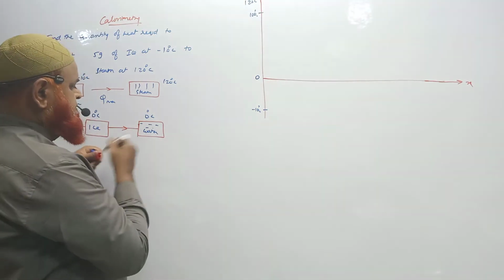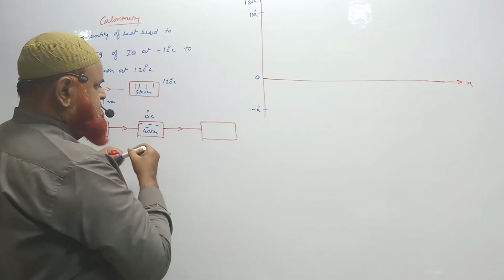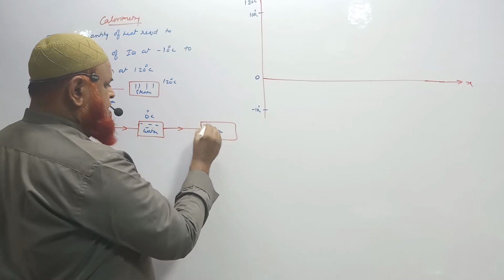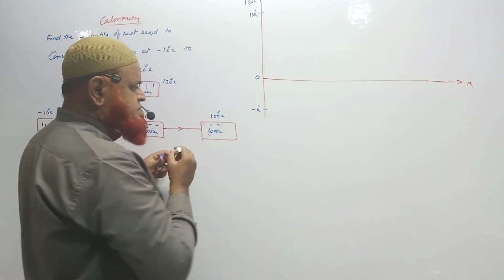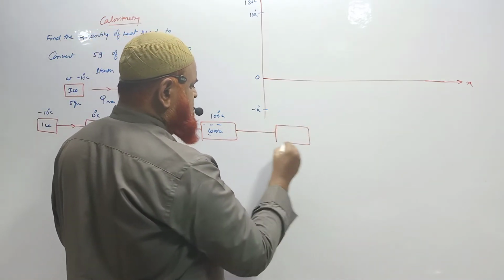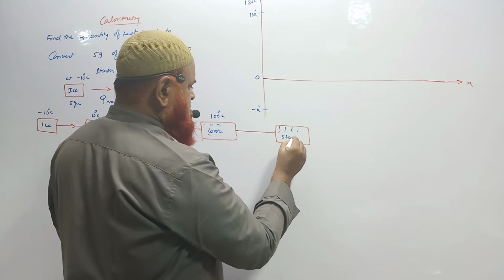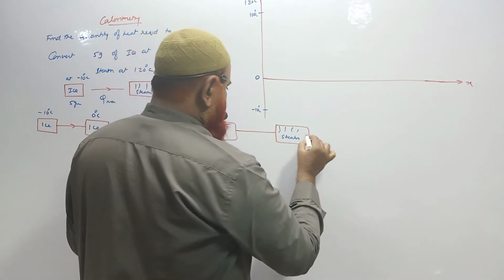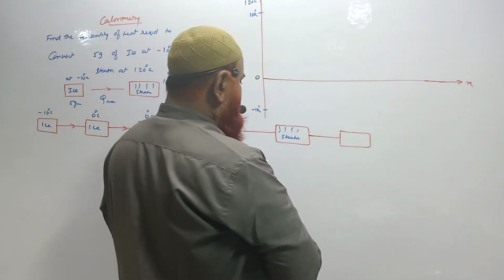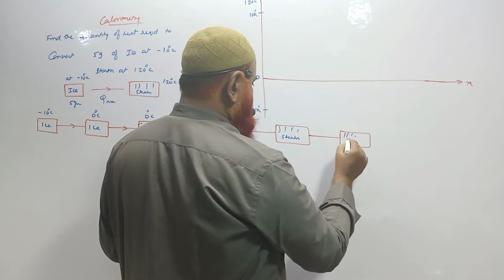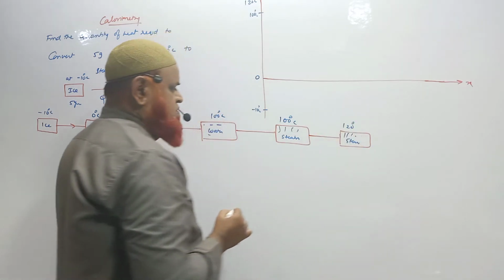What is the next stage here? Next stage is, again this is also water only, but temperature has been increased to 100 degrees Celsius. Next is water getting converted into steam here. Okay, so this is the steam. Understand? Next, again this steam is heated and getting converted into steam only, but temperature of the steam has been raised here. This is also steam only, but this is steam at 100 degrees Celsius. This is steam at 120 degrees Celsius.